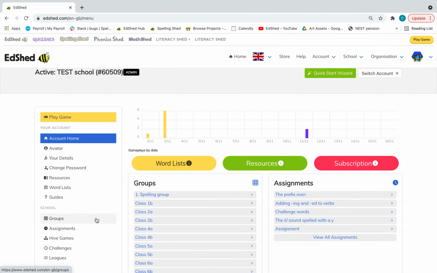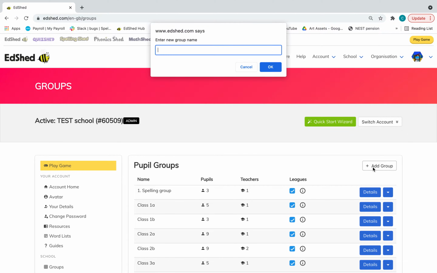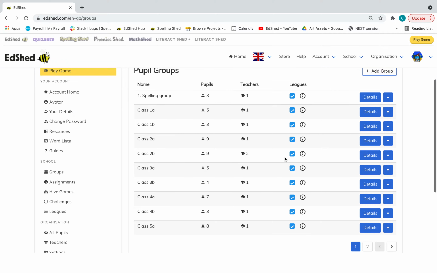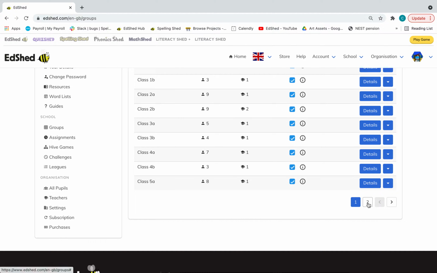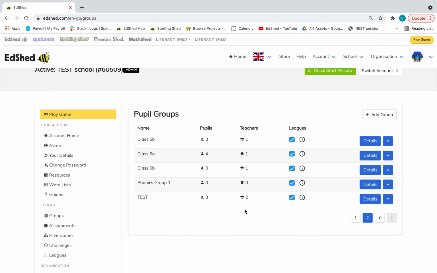So what you might want to do first is organise your group into phonics groups if that's something that you would like to do. All you do here is simply click Add Group, give your group a name, I'm just going to call it Phonics Group 1, and then it will be added to the list of your groups. As I'm an admin, I can see all of the groups in the school here, so you most probably won't have this many. So in my Phonics Group 1, I'm going to click Details,